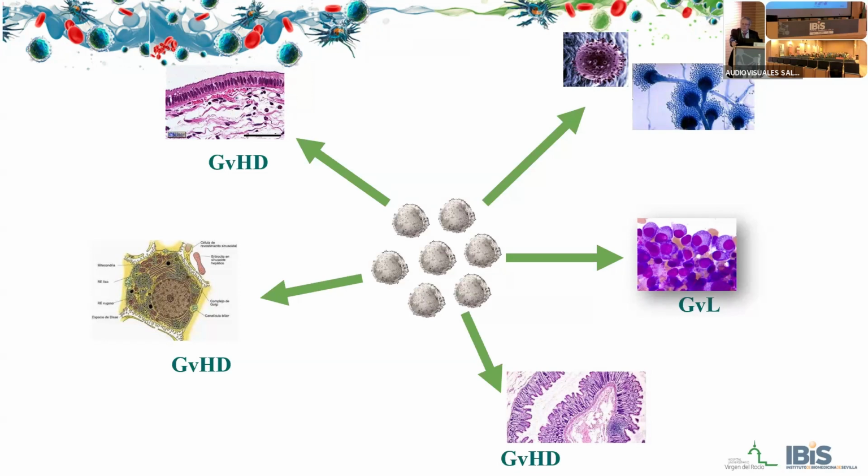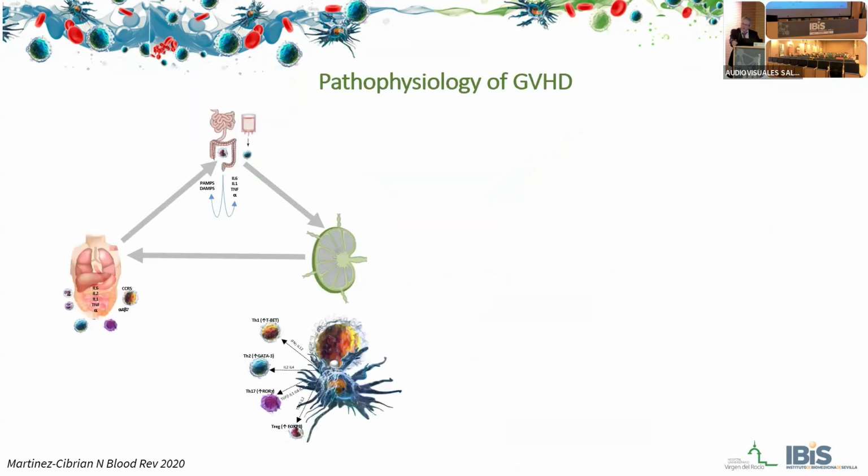This is allogeneic recognition, and this is actually the difficulty we have in order to face this complication and to prevent it, but just at the proper time or with the proper strength to favor or maintain this graft versus leukemia effect. So with this background, it is easier to understand the pathophysiology of graft versus host disease, which has been classically